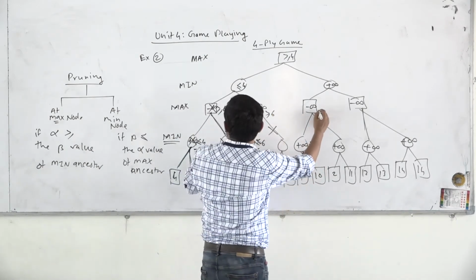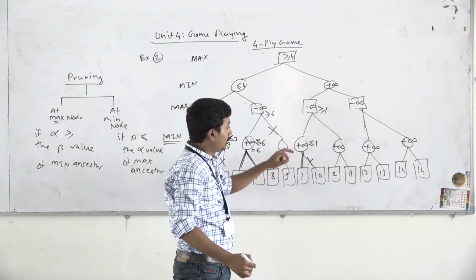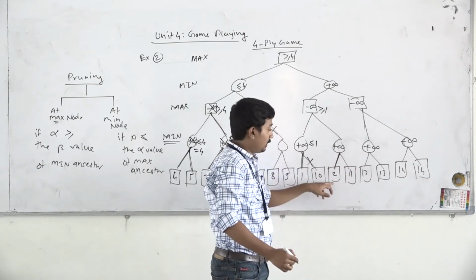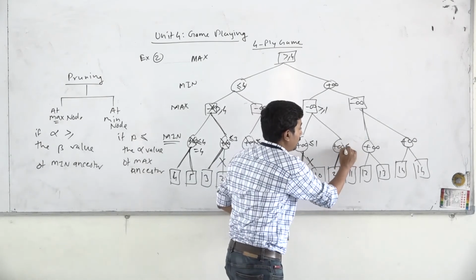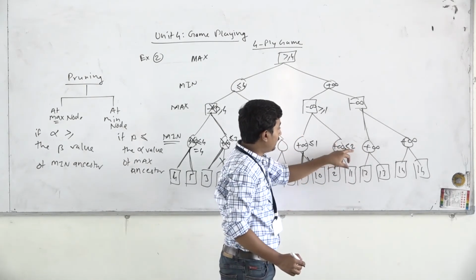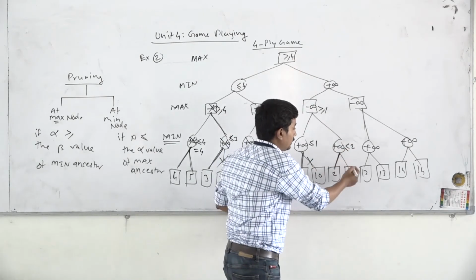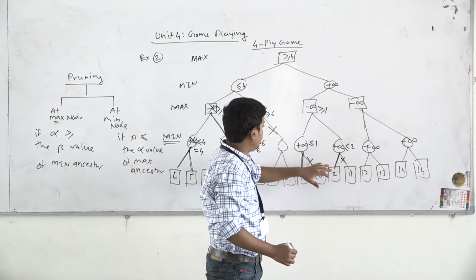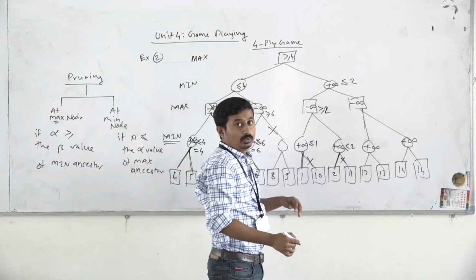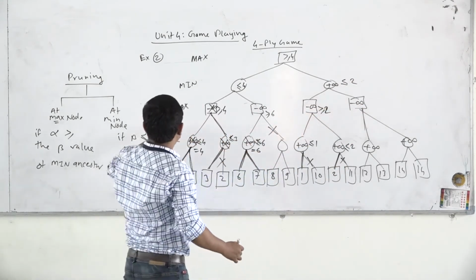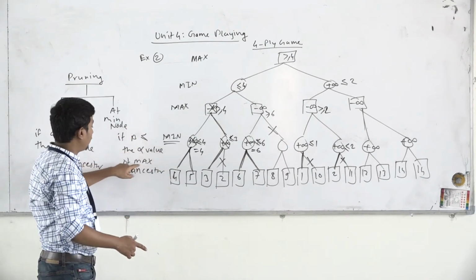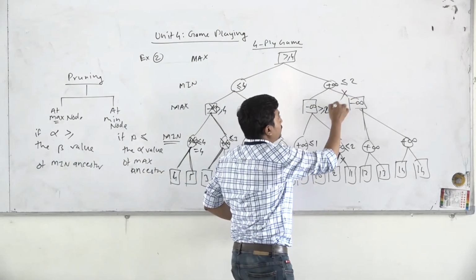Then this is a max node. It wants a value higher than 1. So we'll come here. This is a min node, so this node is explored. 2 is there, which is less than this one, so it will update the beta value to 2. Again, the same condition is happening: the beta value of this node is less than the max ancestor's alpha, so this node is also pruned. Now min wants a value less than 2. At this moment, the beta value of the min node is smaller than the alpha value of the max ancestor. So this entire branch is pruned.